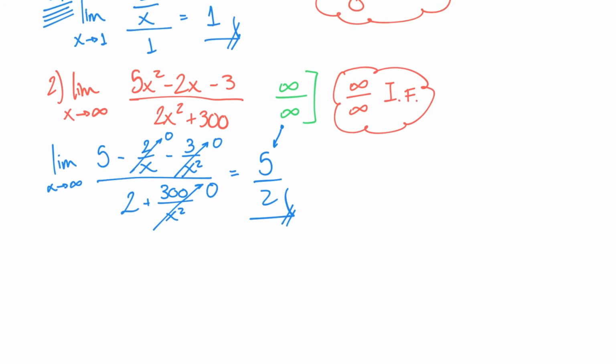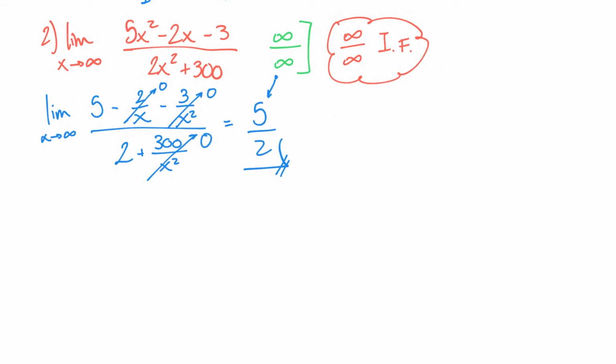You need to play around a little bit. So an indeterminate form is basically an invitation to try to change the way that the limit looks in order to find an actual solution. And then the last indeterminate form that I'm going to talk about in this video, please keep posted for part 2,